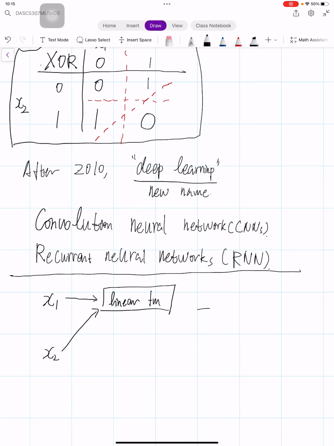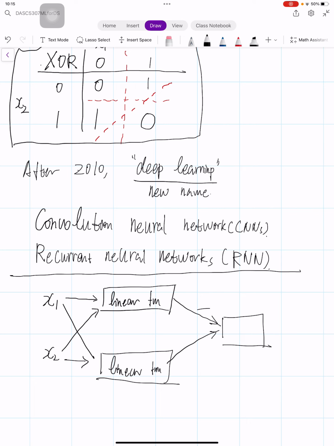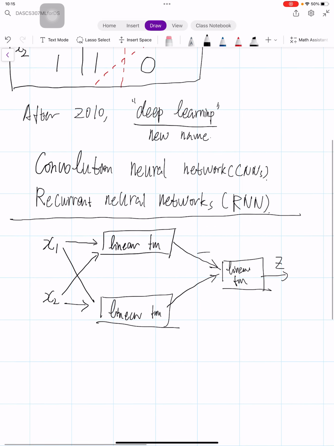Okay, and we can get another linear function of x1, x2. Maybe we can also use this as input to train another function, to get another variable and create another linear function. And then we predict the z value. It's either 0 or 1. But